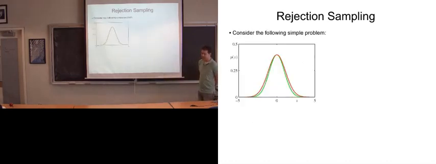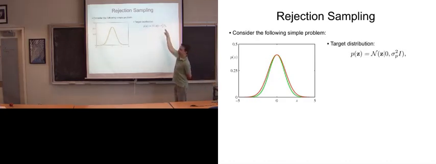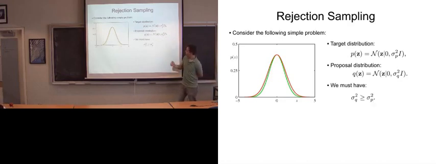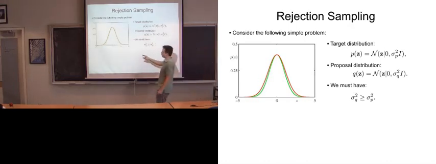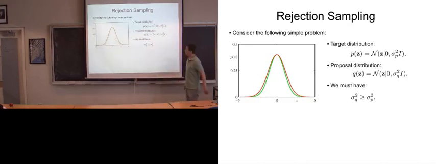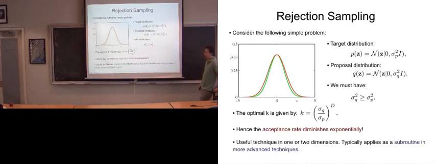Here's one example. Let's say that your target distribution is a Gaussian distribution with some variance, and let's say your proposal distribution is a Q distribution with some other variance. You have to make sure that the proposal variance is bigger than the variance of the target distribution in order to satisfy the condition, because the red curve has to be on top of the green curve. And the optimal K here, you can show, is going to be given by the ratio of the two